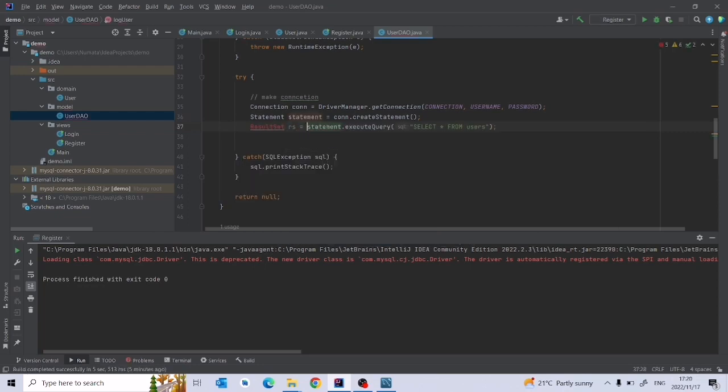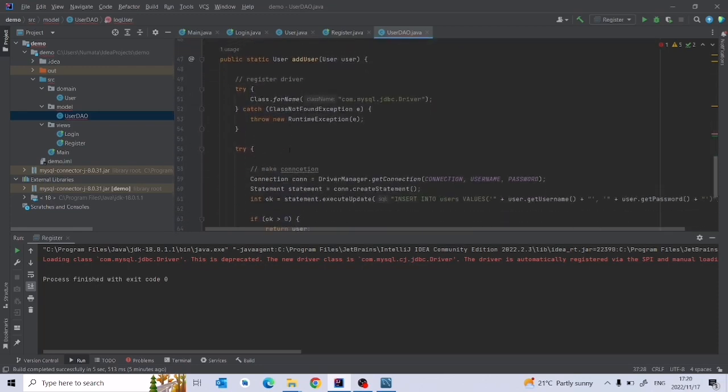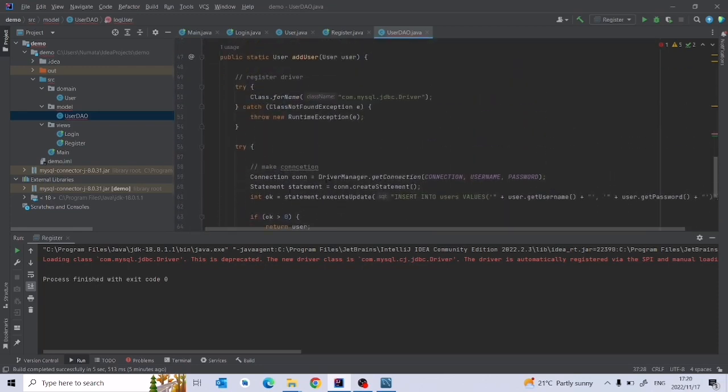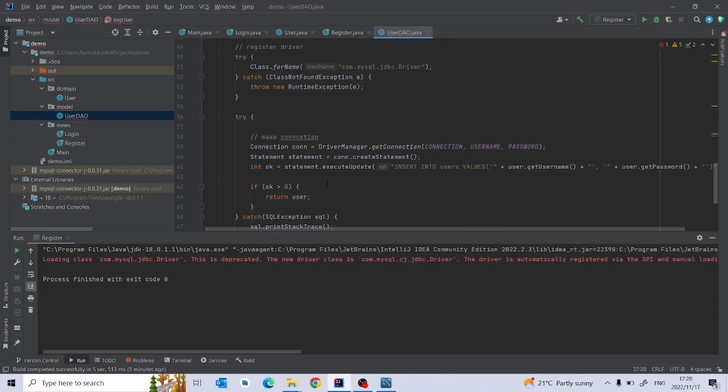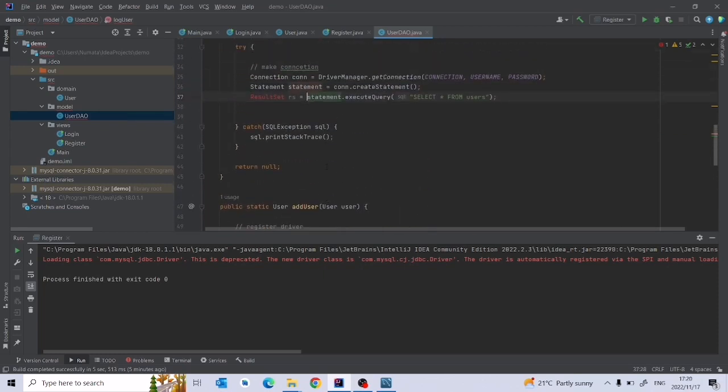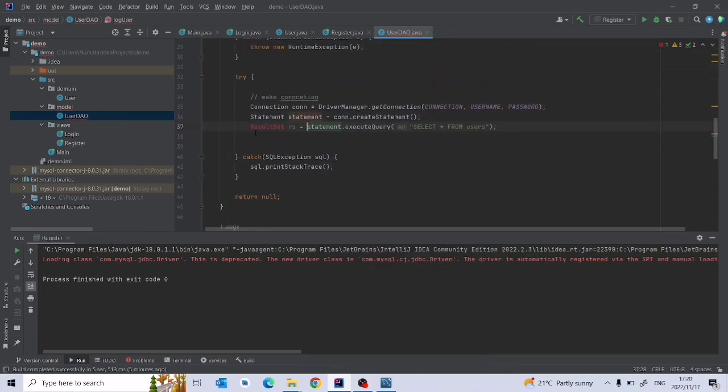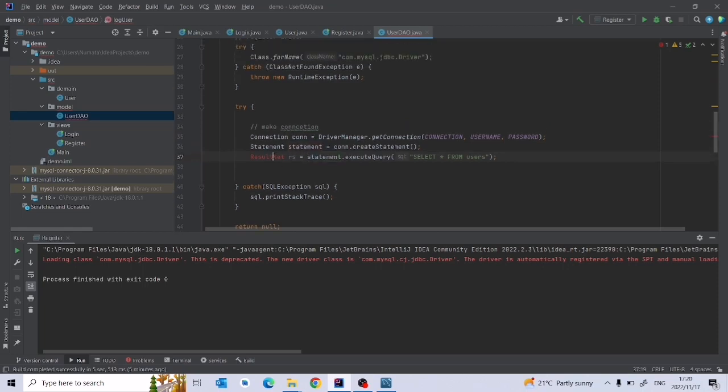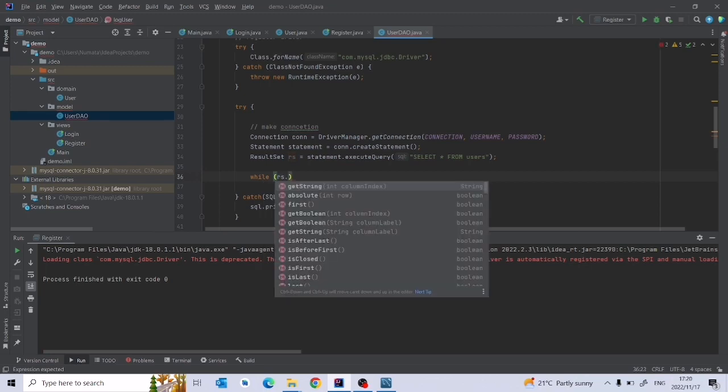Also, I realized that I actually forgot to close these. I'm going to close all of them later. I forgot to close the connection and statement, but don't worry about it. I'll close it later on, right? Also, the result set needs to be closed as well. That's also something to know. Anyway, import that, and we'll say while rs dot next,